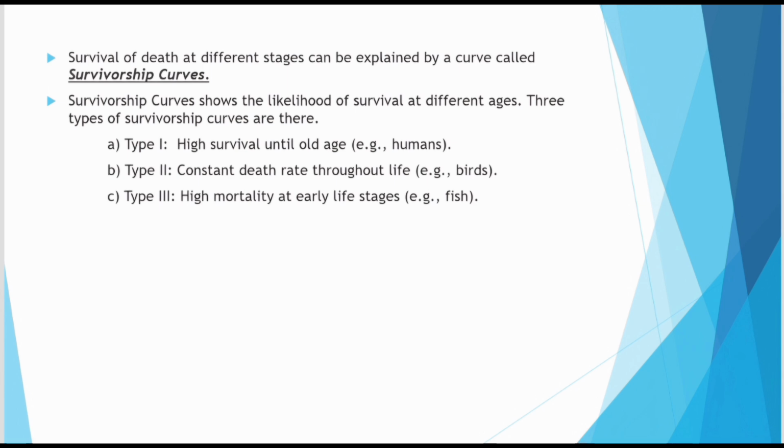This survivorship curve shows the likelihood of survival at different ages. Humans and other living organisms die at different ages, and these ages can be plotted in a graph like survivorship curves. And there are three types of survivorship curves. They are type 1, type 2 and type 3. Type 1 explains high survival until old age, like humans. Actually, humans will die on